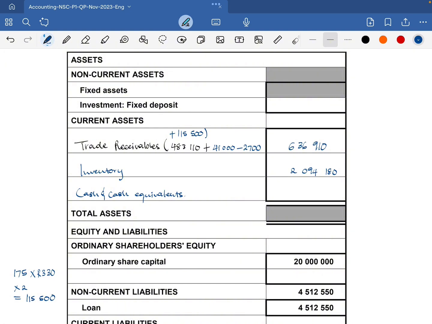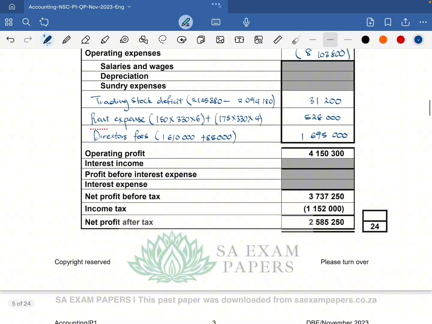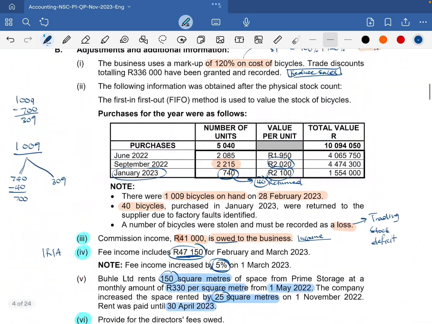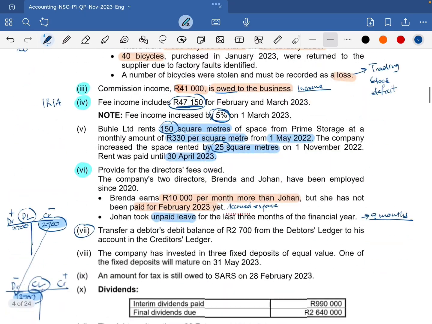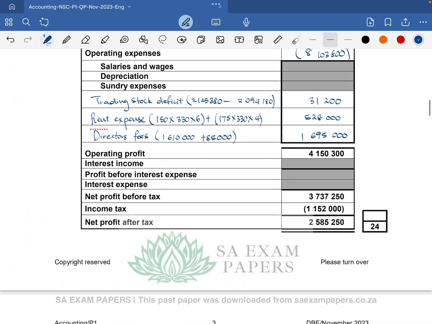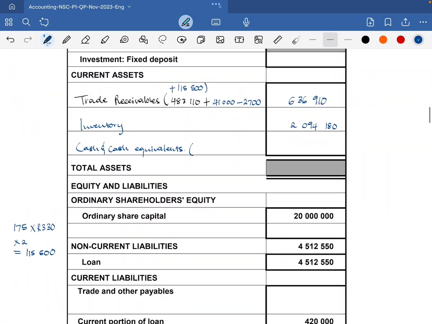Remember that for cash and cash equivalents, the first amount you can pay attention to is the bank favorable balance of 629, and then any other items follow after that. So let's keep this in mind: 629 plus any other amounts that we will determine from our calculations or any other information, but if not, we'll just put the